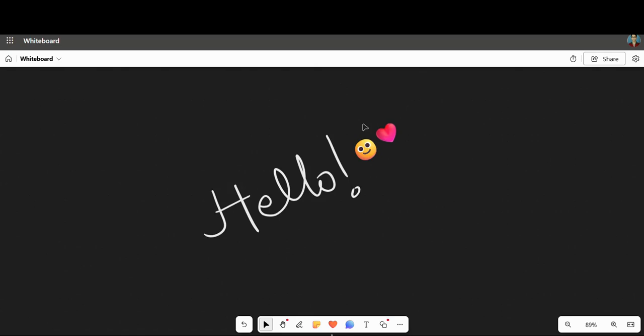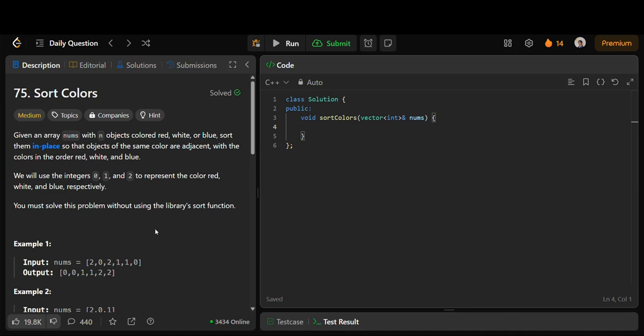Let's dive into today's daily challenge on LeetCode and try to break it down together. So we have this question, it is really common. You are given an array consisting of only zeros, twos and ones and you need to sort the array in place. Definitely you cannot use the library sort function or use any algorithm that takes more than O of n time, because this is a question asked in interview, not in any online assessment.